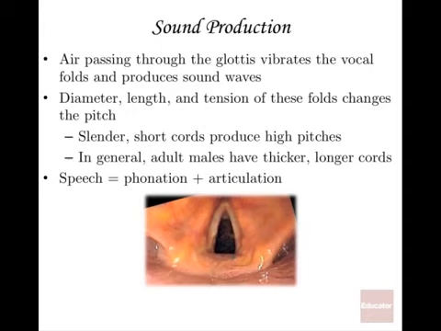But articulation is when you take that sound and do what I'm doing right now. Movements of the mouth, lips, and tongue are going to manipulate that sound to make speech that's audible and understandable to somebody. If I didn't have my tongue, I could not make a wide variety of noises or letter sounds. So when you make a T sound, there's a very specific movement that your tongue has to make to make that T sound. If my tongue wasn't there, I'd still have the phonation ability, but my articulation would not be there.